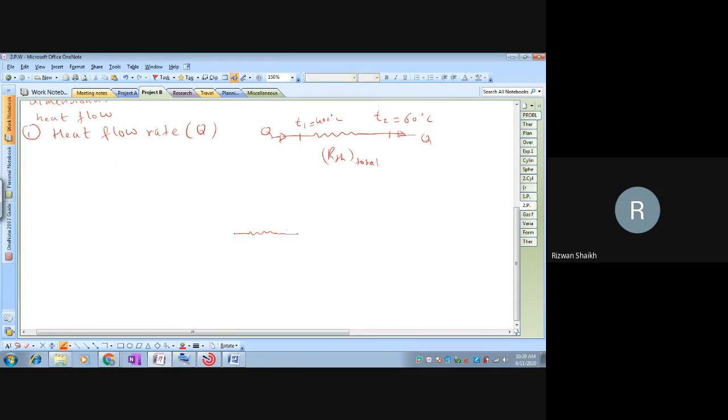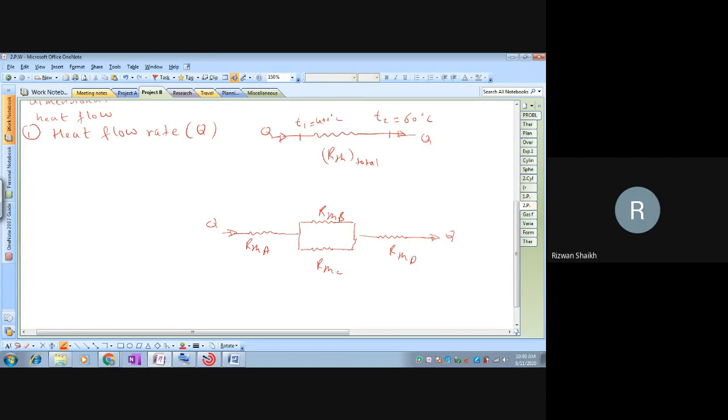After one resistance, we have resistance A and B, which are parallel to each other. So resistance B, and this is your resistance C. And B and C, after that we have resistance D. And the same amount of heat flows through each resistance that we have to consider. So I can write this as my resistance RTHA, this is my resistance RTHB, this is my resistance RTHC, and this is RTHD part.